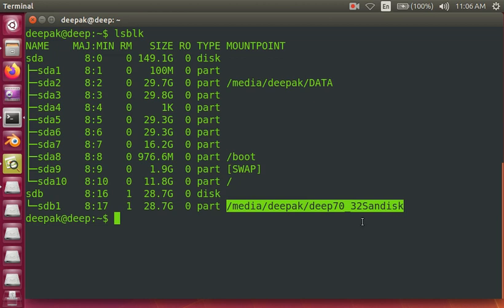Okay, so let us do it manually. The system has already done it automatically, so in order to do it manually, let me unmount this drive first. sudo umount is the command, and the file system I want to unmount is available at /dev/